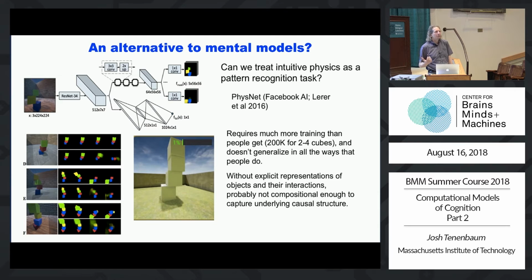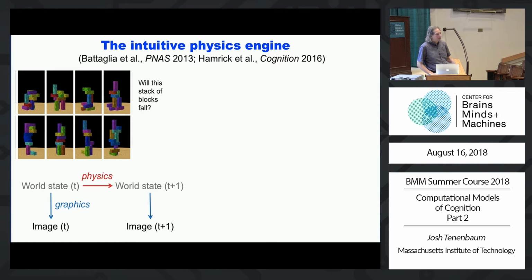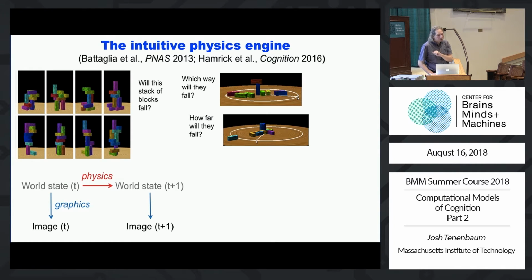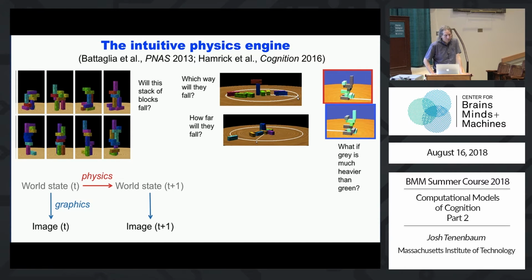But it doesn't generalize to much other stuff beyond that in terms of differently shaped objects, different numbers of objects, or different kinds of judgments besides the judgment of will the blocks fall over. Whereas you can generalize in all those ways without any special new training, right? So the system that we built can solve the problem I just showed you, but it can also solve all these other problems, like which way will the blocks fall, or how far will they fall? Or it can be reprogrammed in a sense because it has real representations of physical objects and their properties via